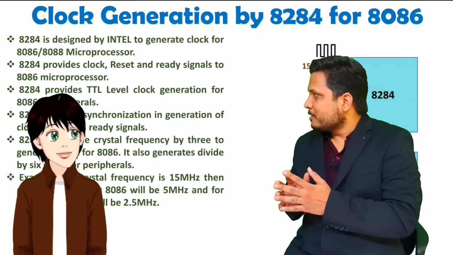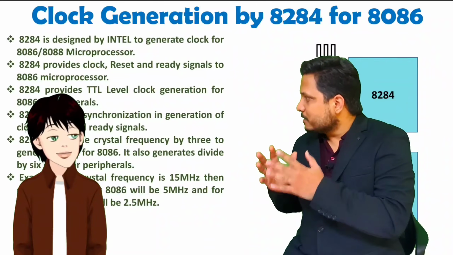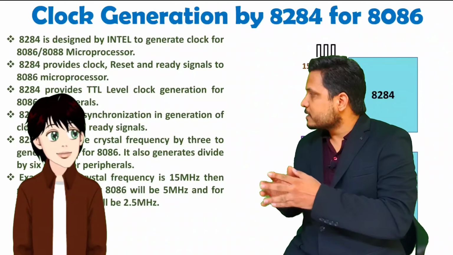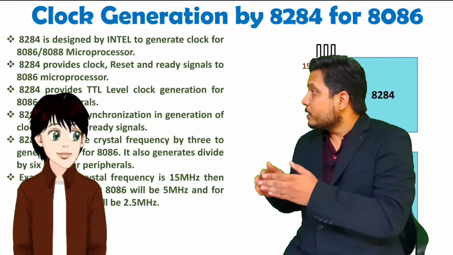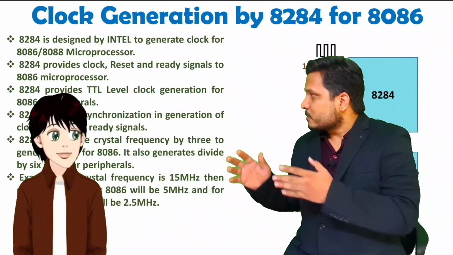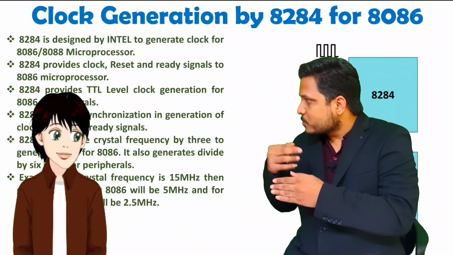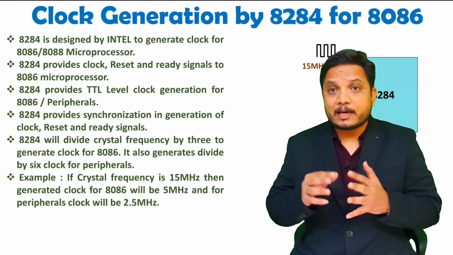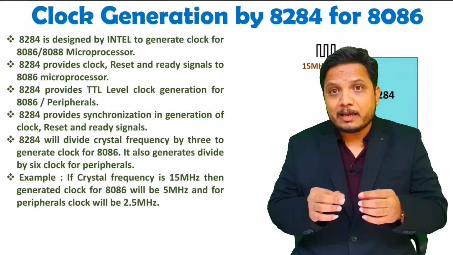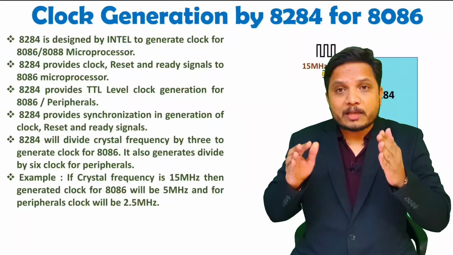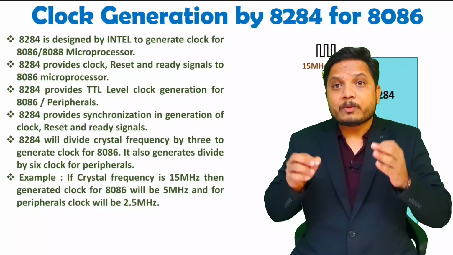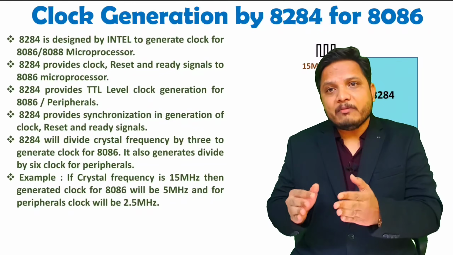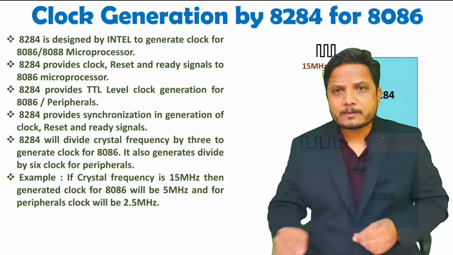Here, my dear John, we are dividing frequency by 3 with the 8284 because with microprocessor 8086, we want to provide a clock with 33% duty cycle. So that is the next part that I was going to explain to you. Let us see that step by step. My dear students, the major reason is that with 8086 we should be providing a duty cycle of 33%, right? That's why we are dividing frequency by 3. I'll show you how we are doing this.